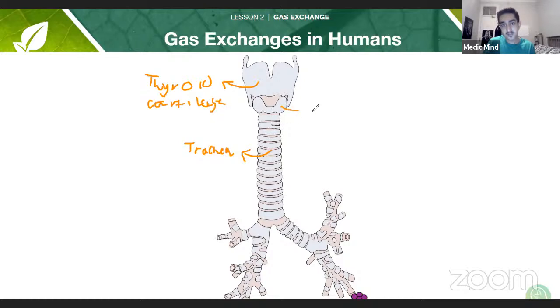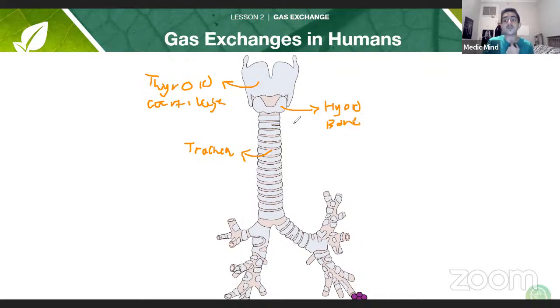Can anyone name this structure? Put it in the chat if you can. Take a second. No, that's not your voice box. Your voice box is actually a series of fibers that run between your thyroid cartilage and this other structure. This is your hyoid bone. So someone said cricoid. It's not your cricoid. This is your hyoid bone,